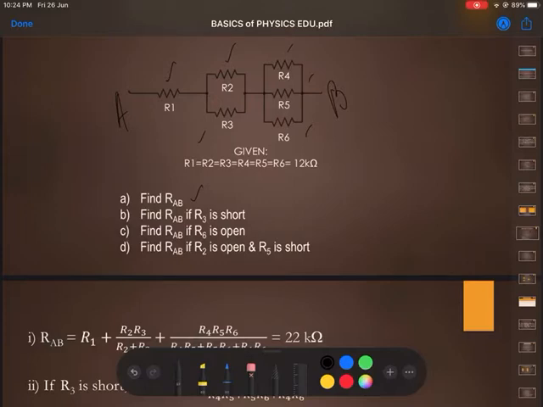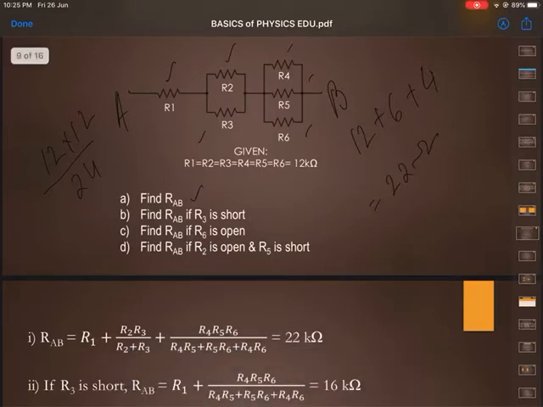Now it is very clear that everybody being 12, R1 will be 12 plus R2, R3 in parallel. Now this is 12, this is 12. If you remember, we can find it as the product of the resistances, that is 12 into 12 divided by 12 plus 12, that is 24. This comes out to 6 ohms. Plus, similarly, when 3 resistors of 12 are in parallel, it is simply 12 divided by 3. That gives me 4 ohms. So this gives you 22 ohms. That means if all the resistors are okay, the total resistance value is 22 ohms.